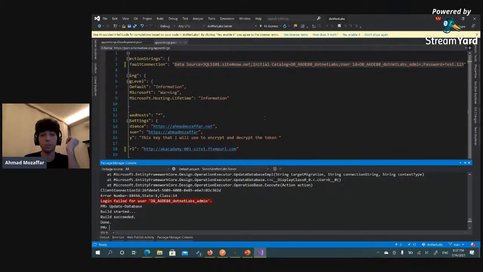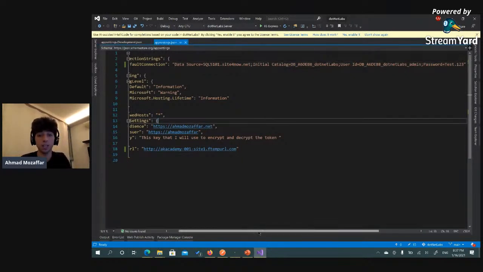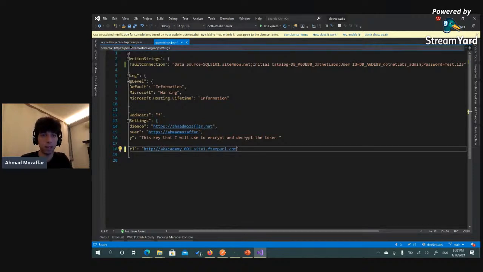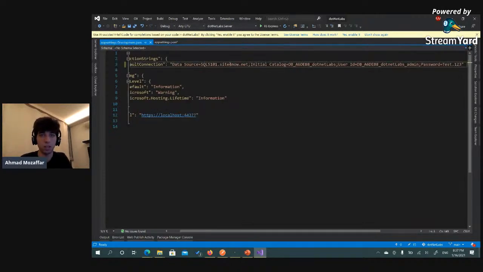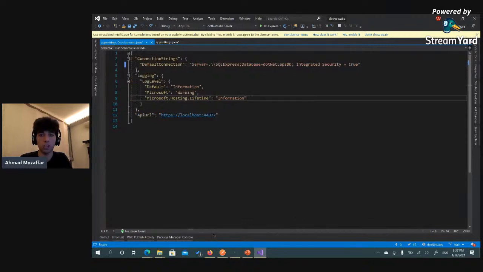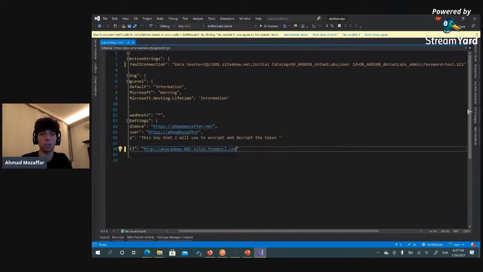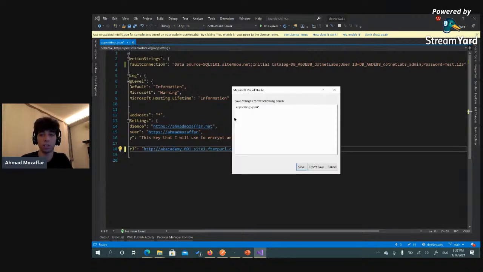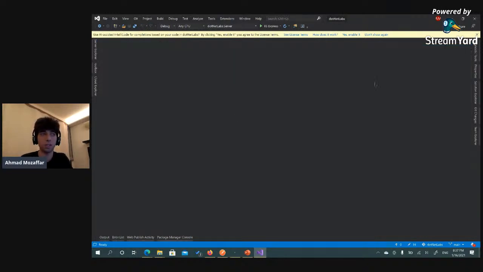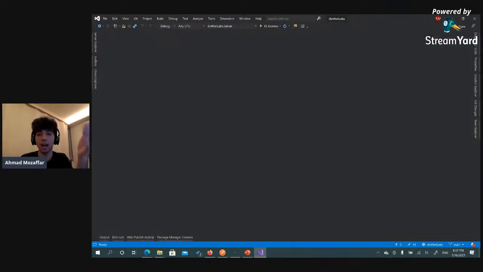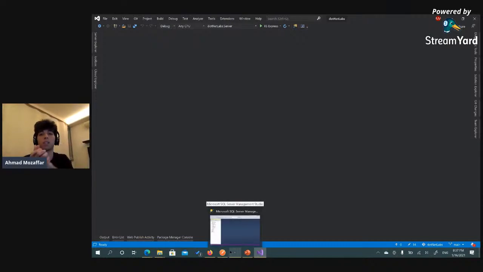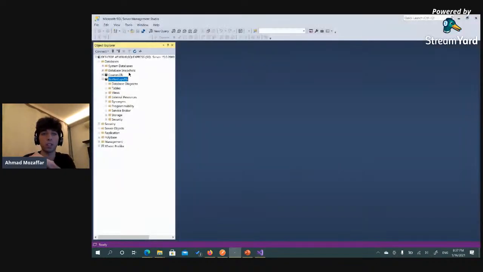So great, right now the database has been updated. Let's bring back in the development.json our own connection string. So this data is for development and this data is for production. Everything is great right now. We have the database. Let's see how we can connect to the online database through the Microsoft SQL Server we